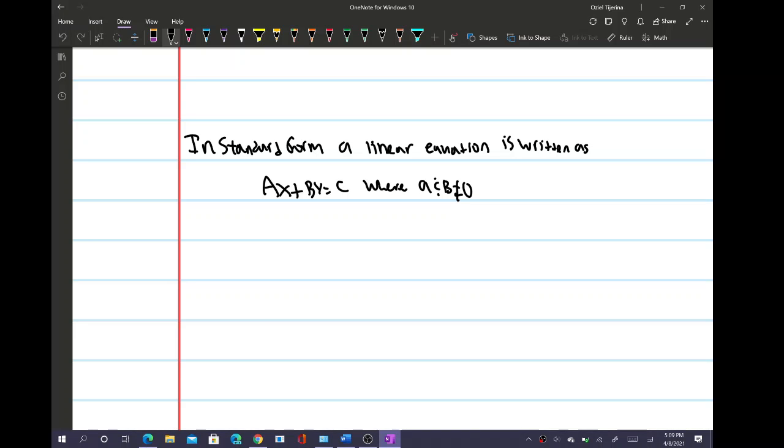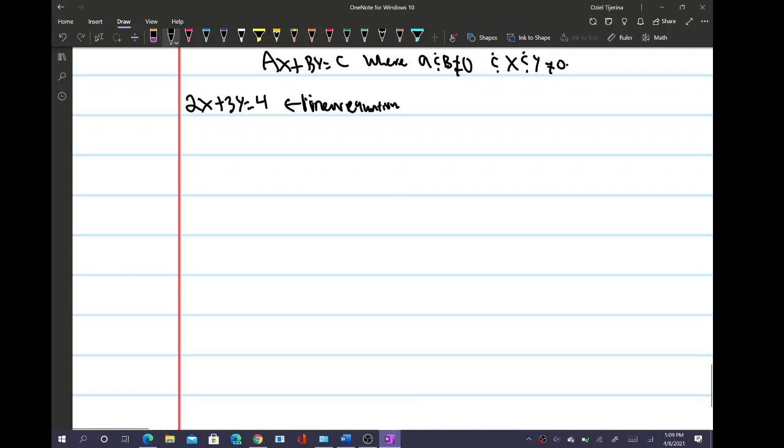So if we have something like 2x plus 3y equals 4, this is a linear equation in standard form. Now, there are problems where they tell you, for example,